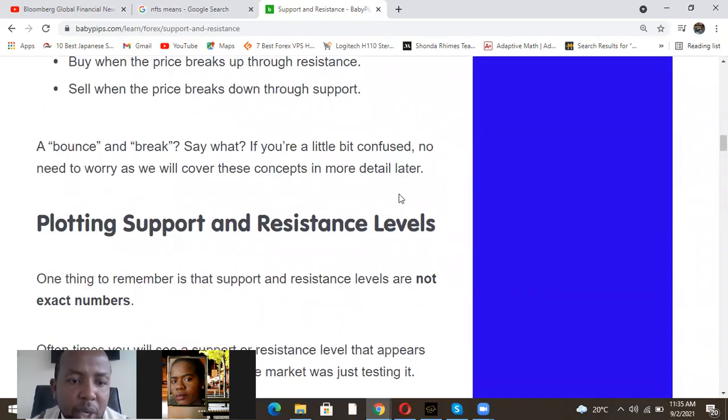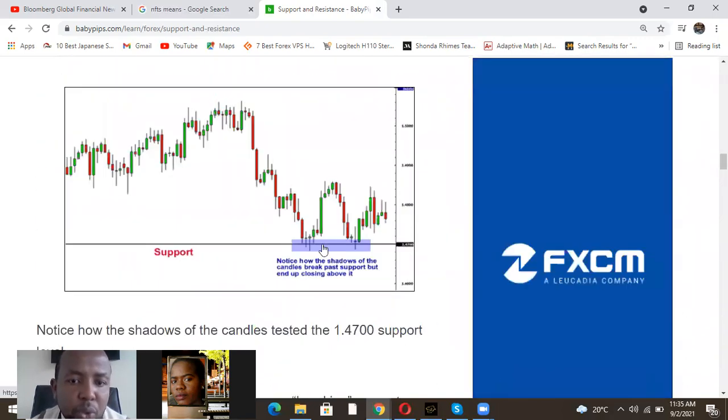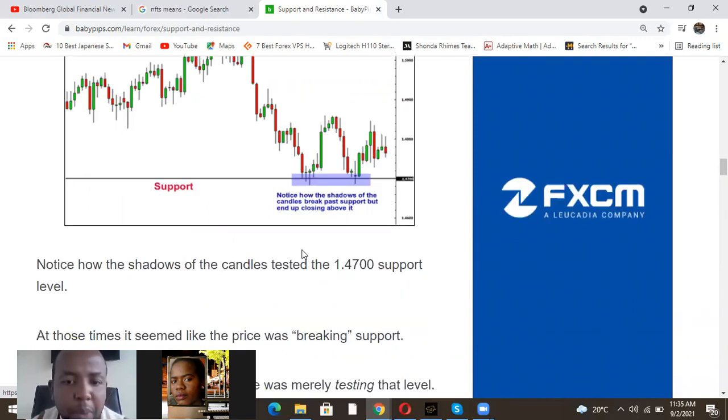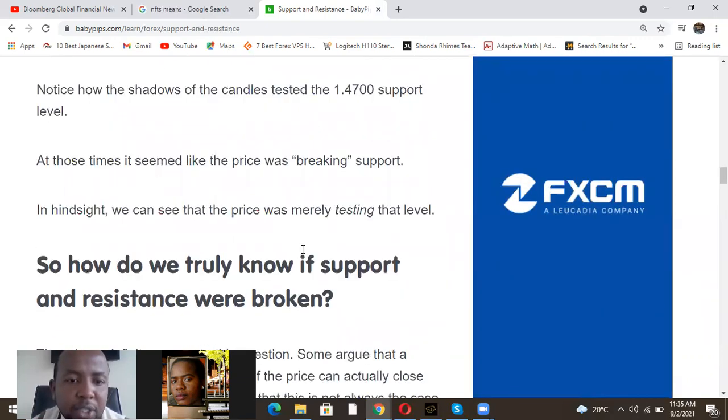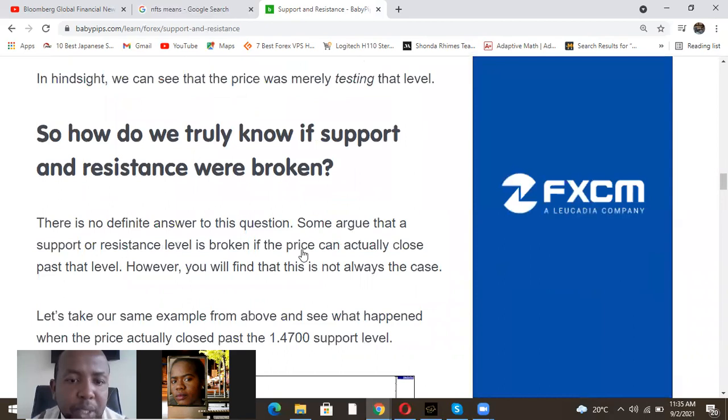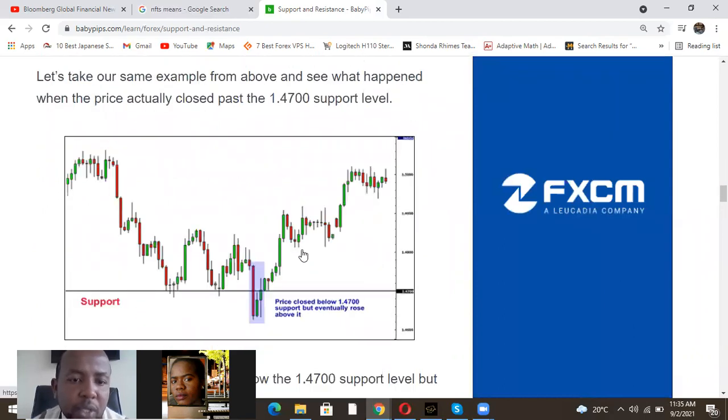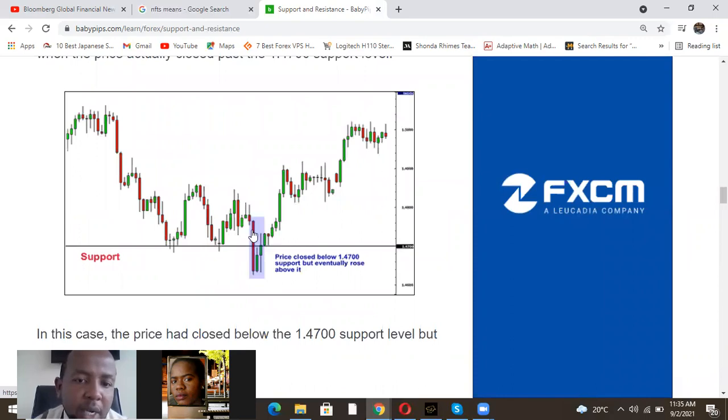So let me show you. You can see this is one example. This is our support, the lowest point the market reaches, and it can go further down. That's what we will call support. Then the highest point the market reaches without being able to break up again is what we are going to call resistance. You can see this becomes our strong support down here.